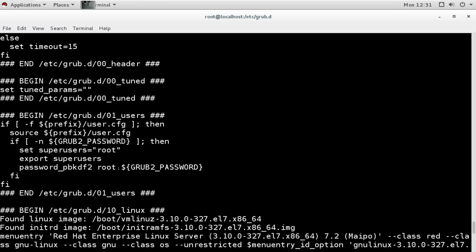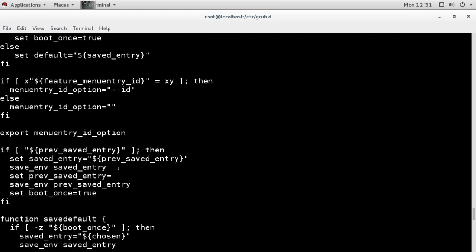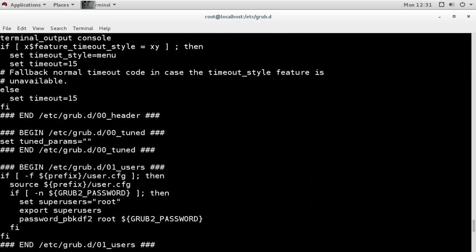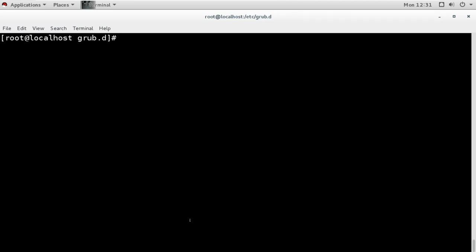It is just for checking the configuration. I am just verifying the changes we have made. If I have made any wrong changes, I will see the error. Now if I see no errors, then I can update the changes to the main configuration file, and that is what I am doing.